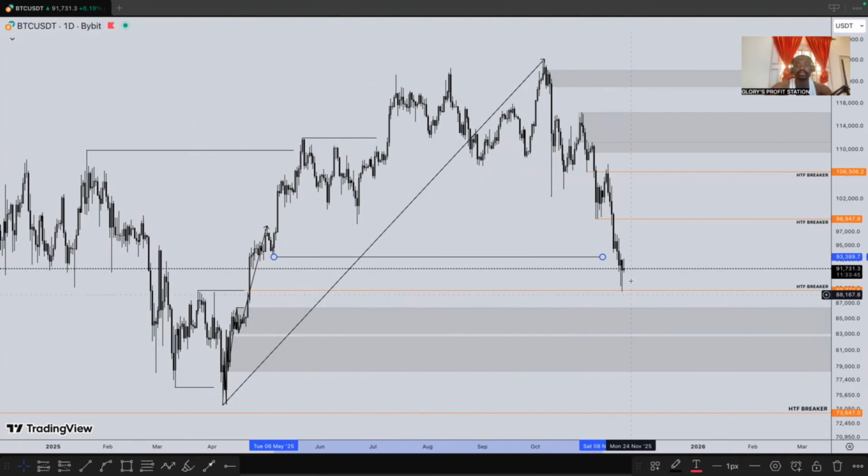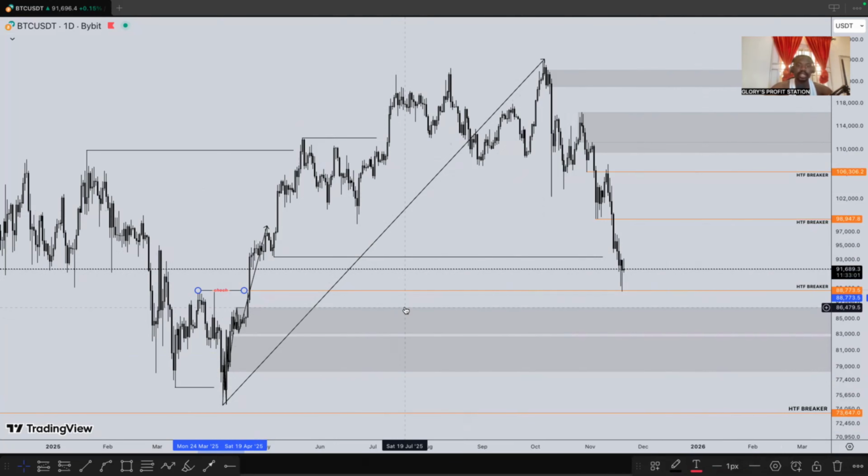Okay, so here we have a breaker level based on this level is the level of the change of character. So this is CHOCH. So that's where the change of character occurred. That level essentially was flipped from a resistance level to a support level, right? And that's why it's called the breaker level. Okay, the breaker point or the breaker level or the flip zone, whatever you choose to call it, right? But still, that's not the true demand. The true demand is down here around